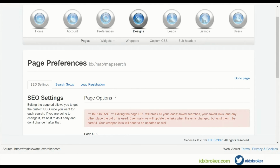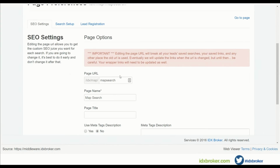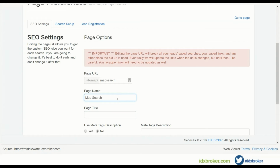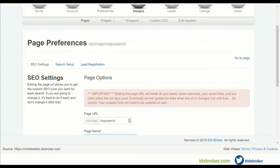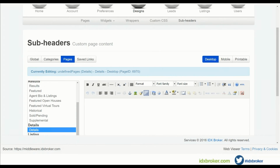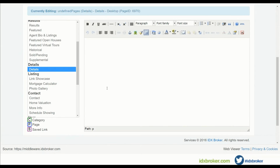This is one of our newer settings, but it's actually really cool. You have all this stuff that only search engines see, right? So you have your meta tags, you have your page title, which people can see, but it's not as obvious. We can do something that both increases the search engines and is just pretty and kind of cool too. So we can actually go to subheaders. And if we go into pages, we can edit the details pages, and we can add dynamic headings right here. So a subheader is the information that shows up right above the actual IDX Broker content. So we can add in information here about this specific property so that when people are looking at your site and they land on a page, the first thing they see is very specific to that content. And these are going to be header tags, like an H1 tag or something like that,